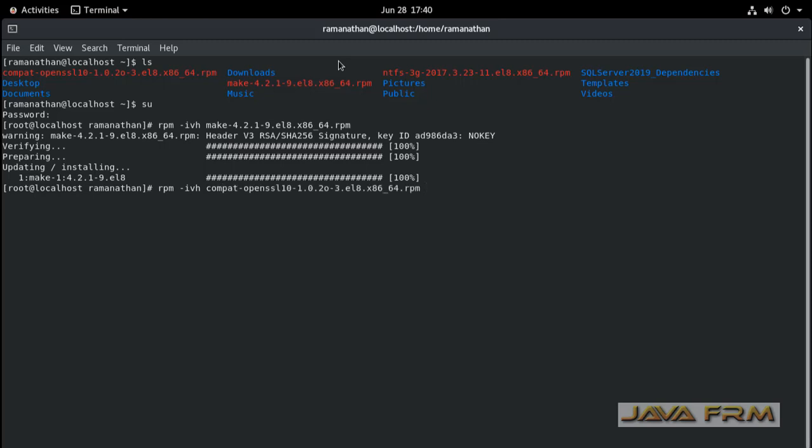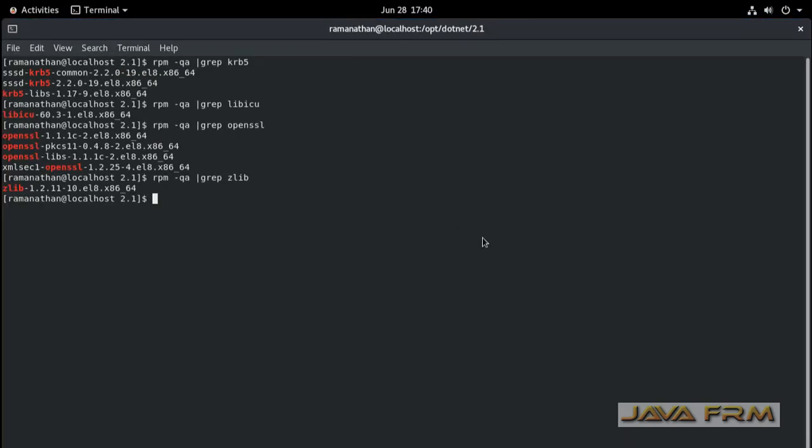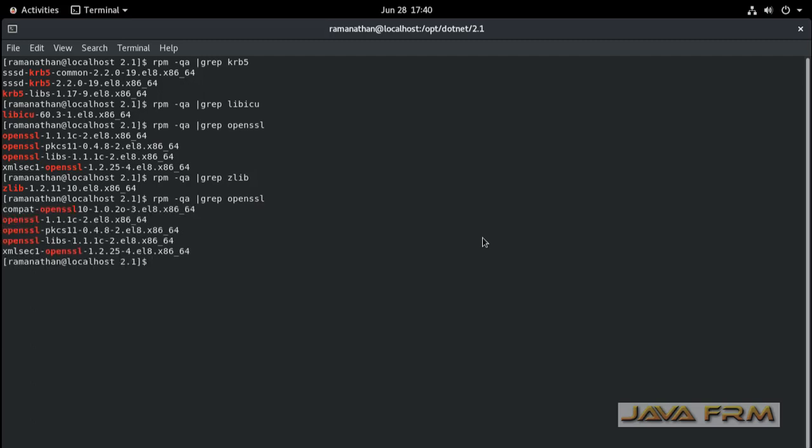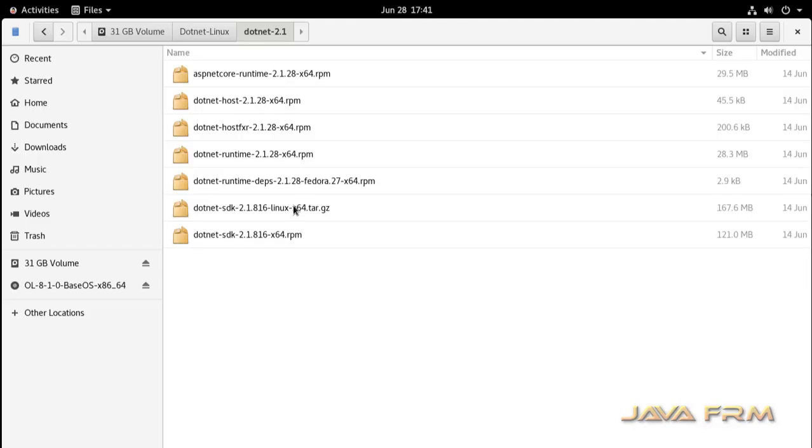The usage of compat-openssl is that it provides backward compatibility between OpenSSL 1.0 and OpenSSL 1.1. For that purpose, we are installing the compat-openssl RPM package, which is used by .NET Core 2.1.